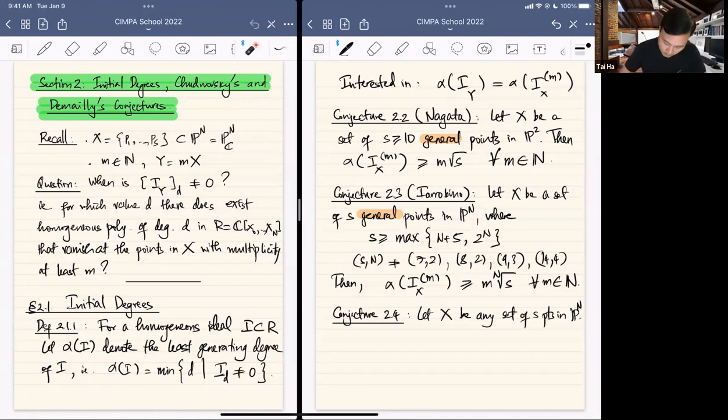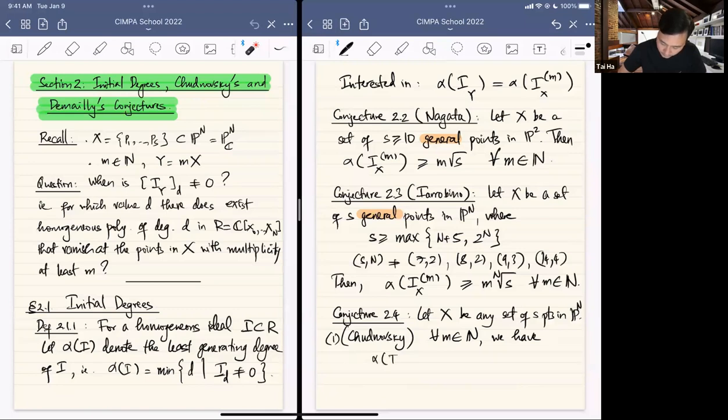Then Chudnovsky, in the early 80s, around 1981, conjectured that, for all positive integers m, we have